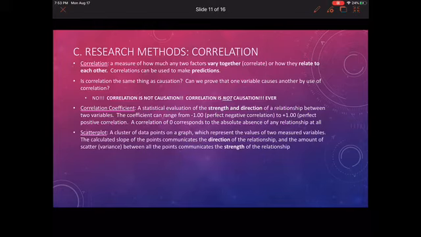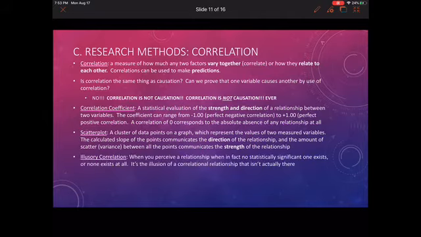And a scatter plot is just one of those plots that you see with a bunch of different dots, and then normally there's a line of best fit somewhere in there. That would be a scatter plot. And scatter plots communicate strength of the relationship. Also, you can usually see the direction, but sometimes you fall into seeing an illusory correlation when there is no statistically valid relationship that exists, but you sort of perceive there to be one.